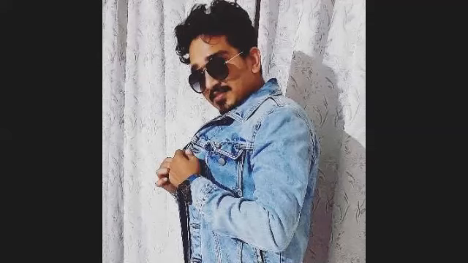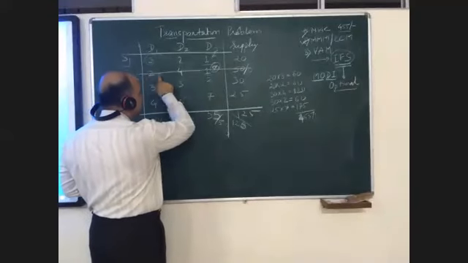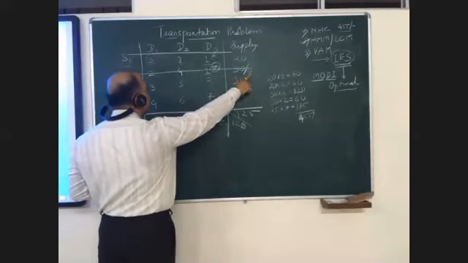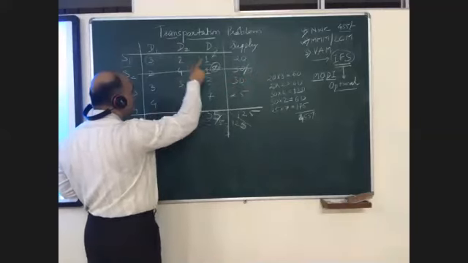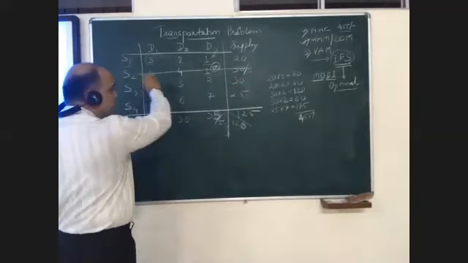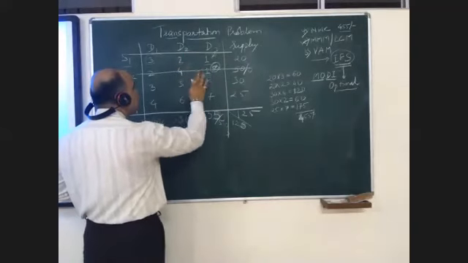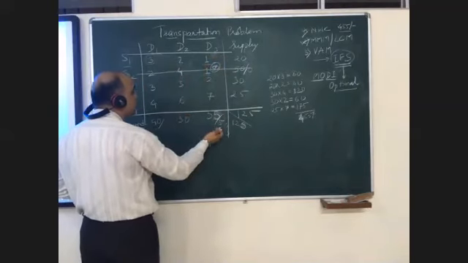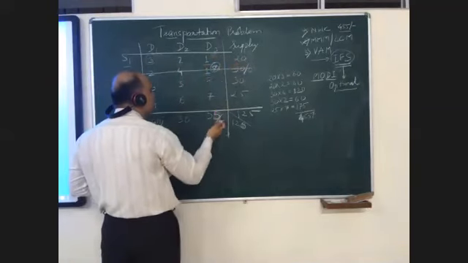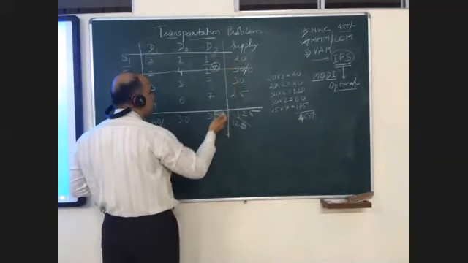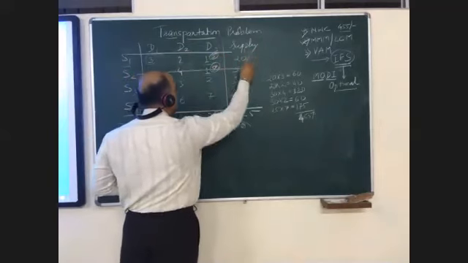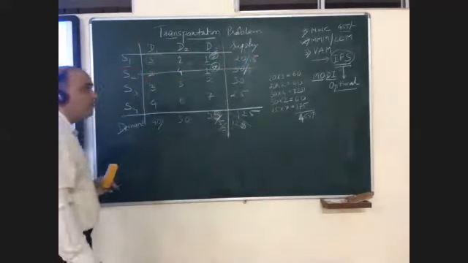Now, to make the calculations easy, I have cut the complete row. Why? Because the supply is 0. So this S2 will not help us in solving this problem further. That's why I have scratched it. Now, the next minimum is 1. The demand is 5. I have 20 units. Though the supply is 20, the demand is only 5. I'll supply 5 units here. This will be 0. I am left with 15.